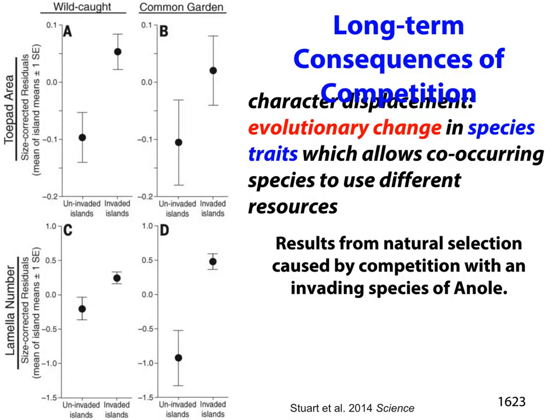Now there's 2 ways these little guys can adapt to living higher in the canopy, okay? So one is to adjust their toe pad area, all right, have larger toe pad area. And the next is the lamellae number. So lamellae, those are those ridges that were on the previous slide that you can see on their feet, okay? So what the researchers did was they caught these guys both in an area with and without their competitors, okay, and looking at the lamellae number and the toe pad area.